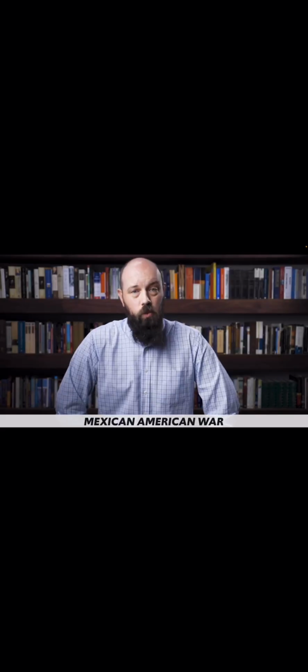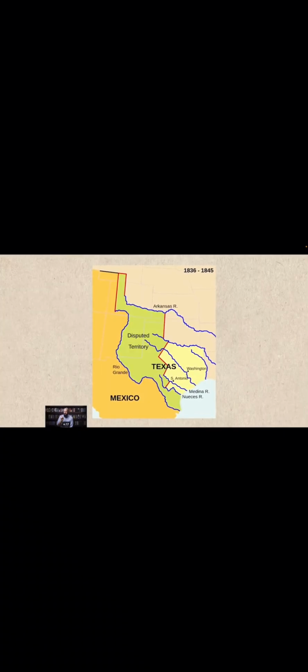Well, now's the time. Once Texas was officially annexed into the Union, it had the expected effect, and that's when we get the Mexican-American War. Especially at stake in this conflict was the southern border of Texas. Americans claimed it was the Rio Grande, but Mexicans said that it was the Nueces River. And that's no small difference, and so the war began when President Polk sent General Zachary Taylor to advance troops toward the Rio Grande. Mexican troops met them and ended up killing 11 Americans, and so on April 25th, 1846,